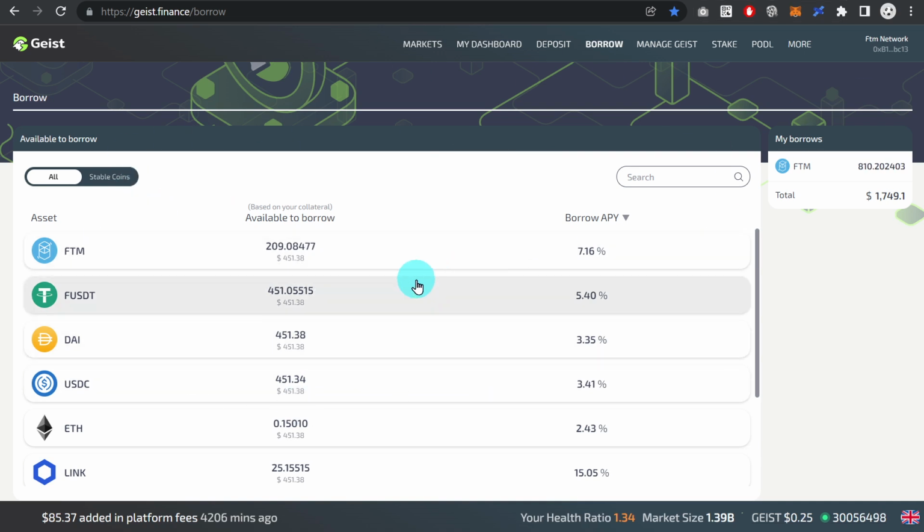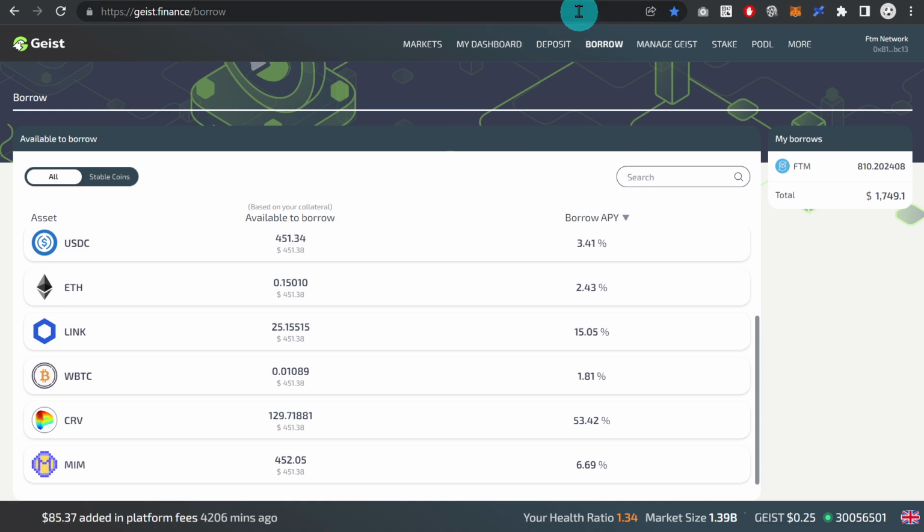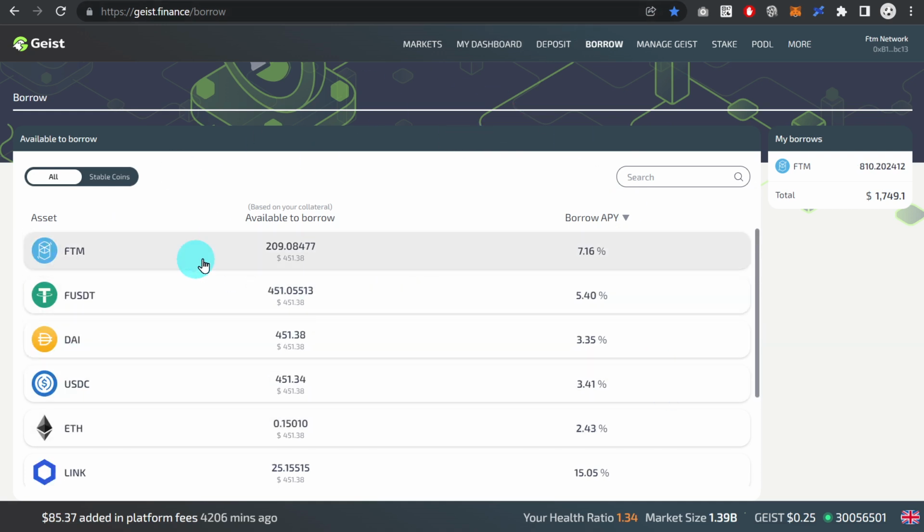What's important here is that we have to both deposit and borrow in the same platform, right? You can't deposit collateral on one application and then borrow against it on another application. There are some exceptions for Aave on, for example, Polygon, but most of the time, such a transaction is not really possible.